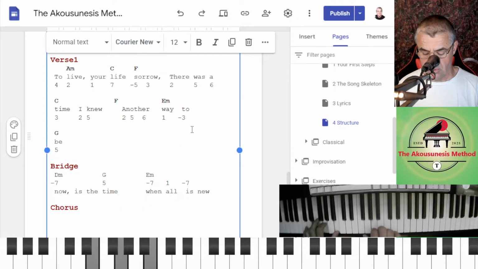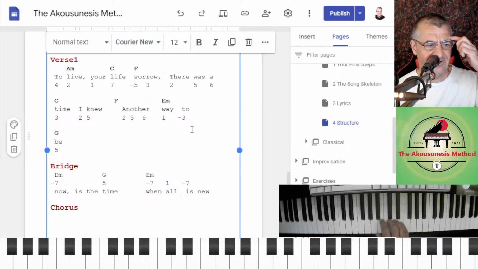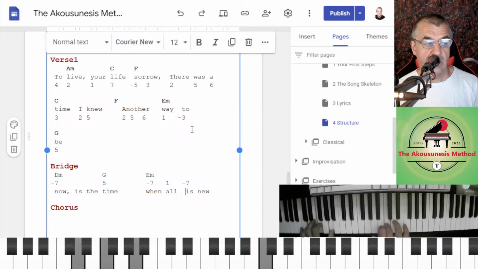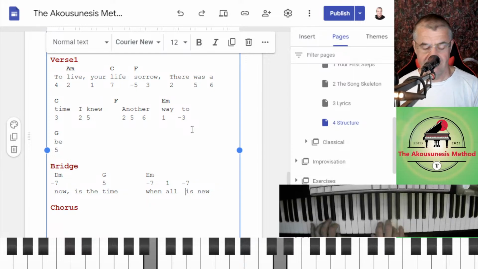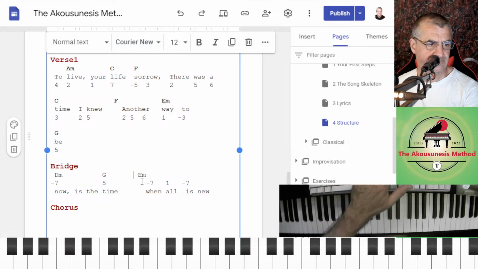So now is the time when all is new. What's the chord it's going to? When all is, it sort of, now is the time when all the E minor has to come first here. Like that.